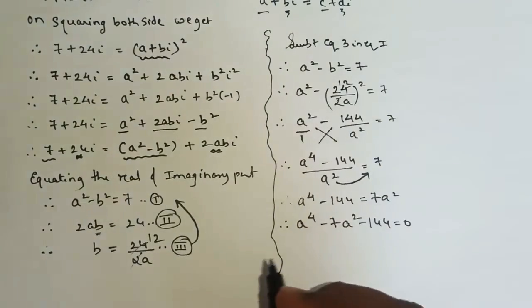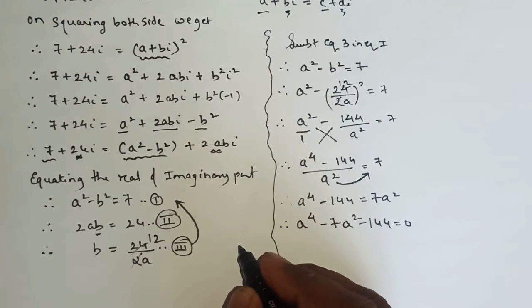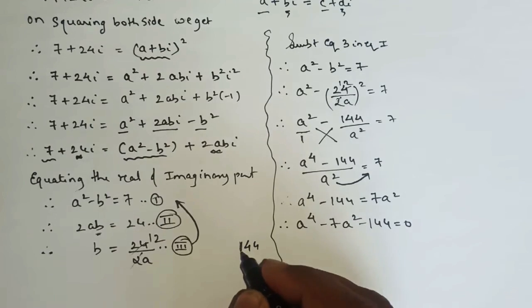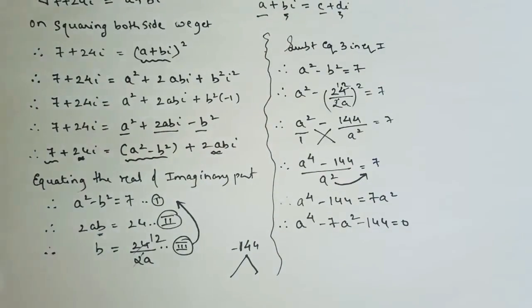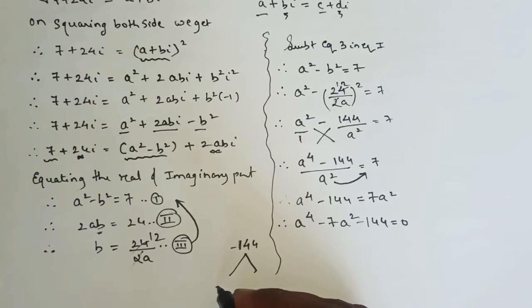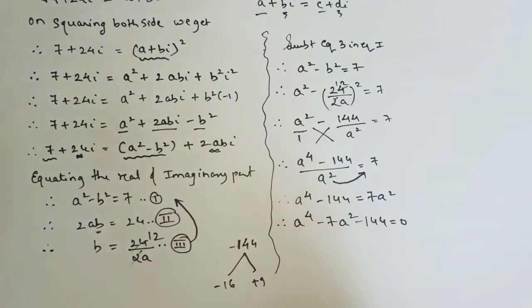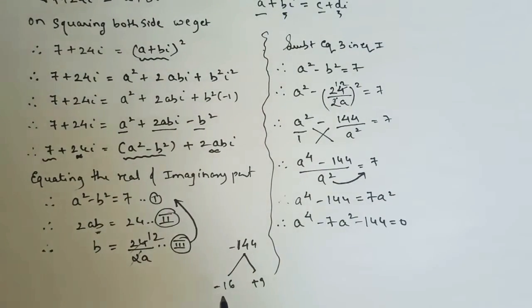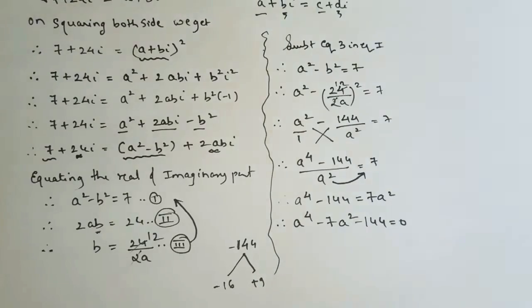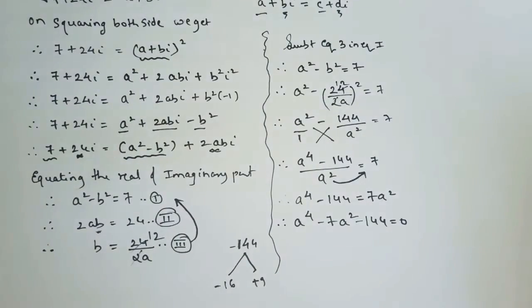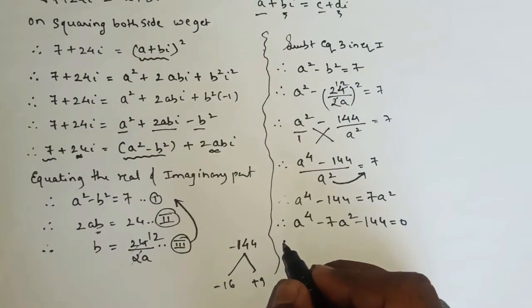Here we know that the product is 144. Yes or no? Then you can split this as minus 16 and plus 9. As you will multiply minus 16 into plus 9, you will get minus 144, and minus 16 plus 9, you will get minus 7. Yes or no? I hope you all might be knowing how to solve a proper quadratic equation by factorization method, that means by splitting of middle term. Yes or no? Okay, so now after this, what exactly we have to do?